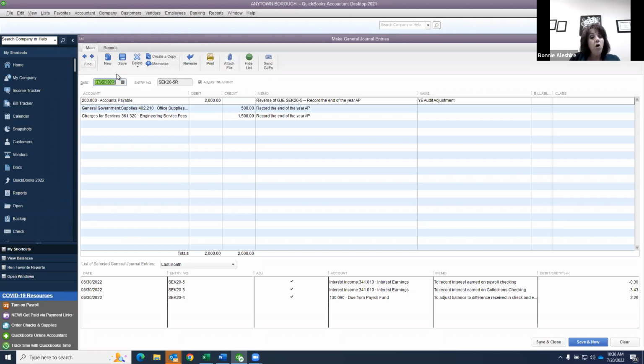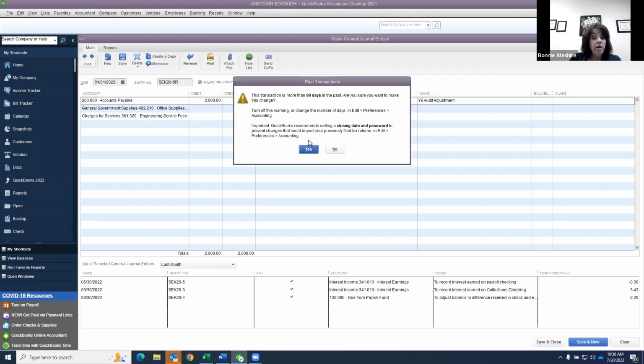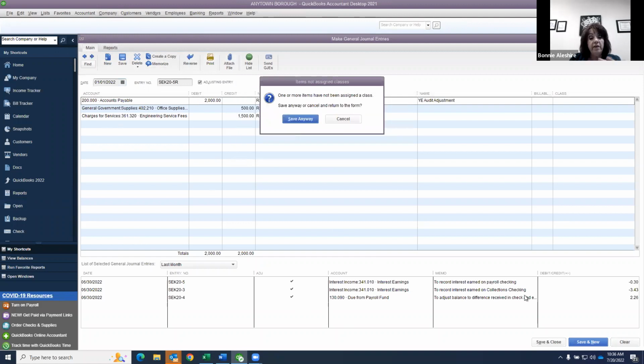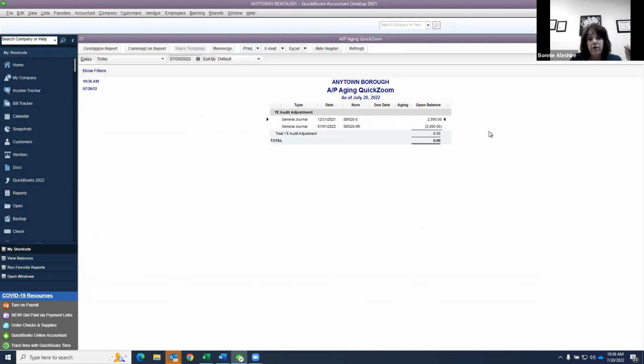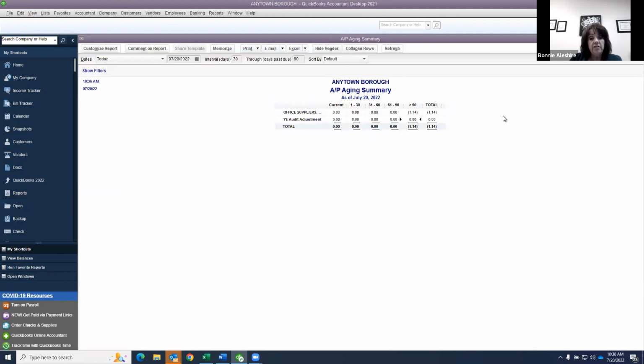Just reverse it. It automatically will move it to the next day, which would be 1/1 of the current year. Save and close. Yep, it reversed the entry for me, did everything it needed to do. Now, if I go in, you're going to see it goes in and comes back out. So now you're going to see where that's out of this list. But